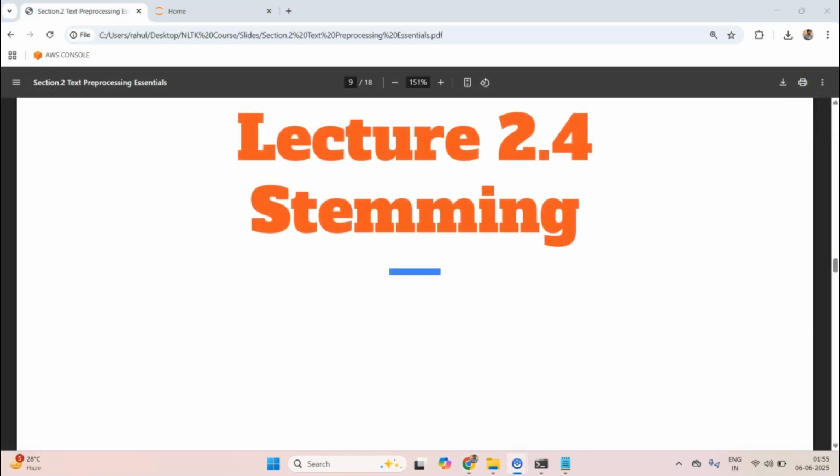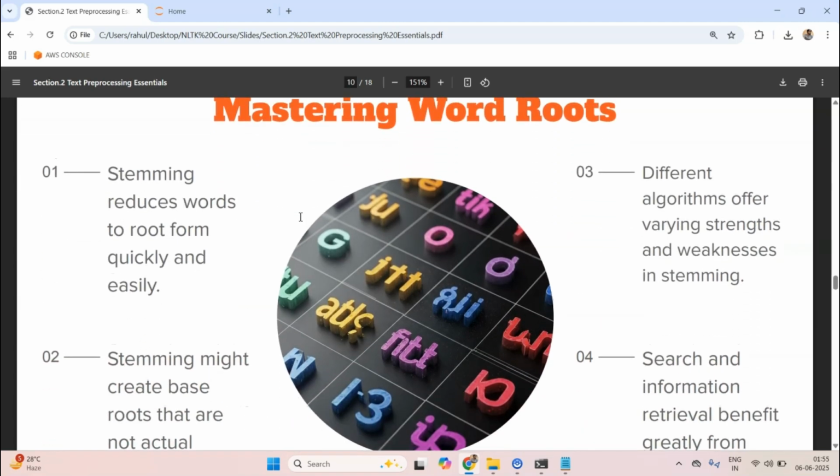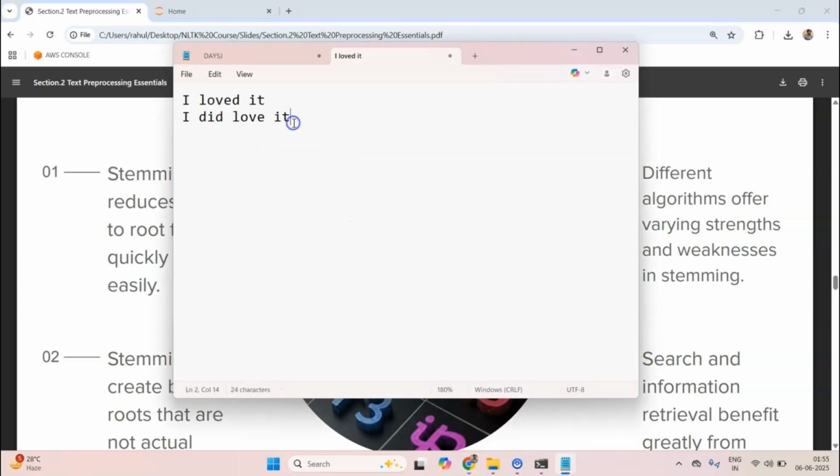Okay, so let's start discussing stemming. Stemming reduces words to their root forms. What do we mean by that? Every word has a root form. For example, runner, ran, and running. All of these are coming from the same root word, and that is run. So run essentially is a root word for running,